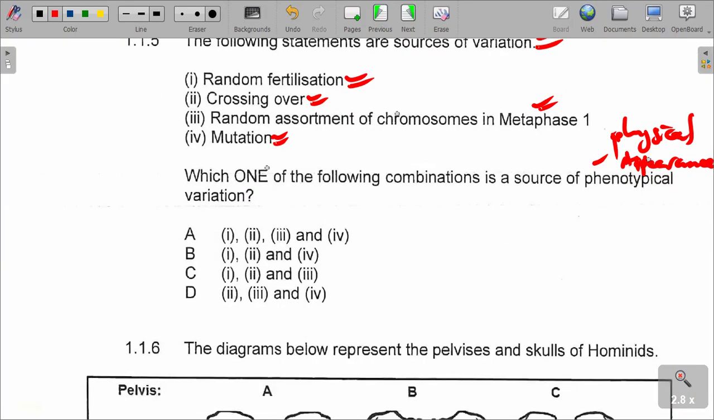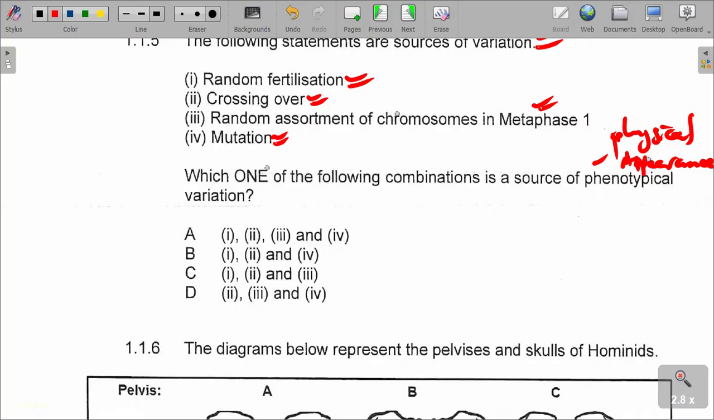So what we are saying is that when we look at this one, random fertilization, it results in what? In the phenotypic appearance of the organism, because the gametes are the ones which are responsible for that. Sorry, the gametes are responsible for fertilization. So with random fertilization, we can look at it and also need to understand that